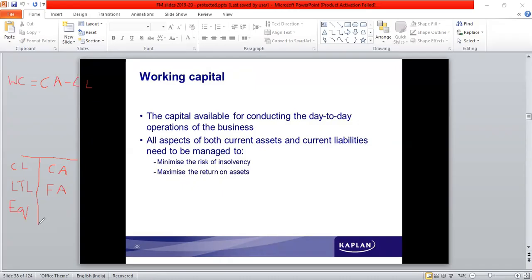So there is a balance which is needed in terms of taking care of the profitability as well as the liquidity. Therefore funds are invested for a short period of time, wherein at the end of the short period they get converted into cash, and some of the assets are invested for a longer period of time, wherein it is not possible to convert them into cash, or it takes great efforts to convert them into cash. So here we see that the funds are invested into short term and long term.